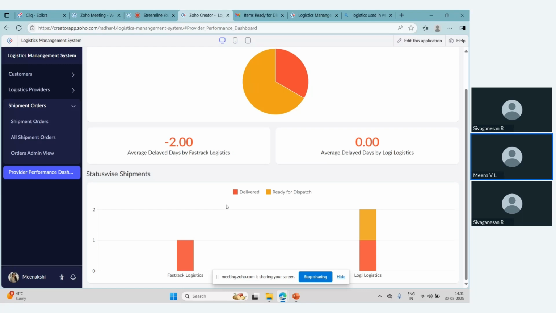So these are the capabilities of Zoho Creator, what you can do using Zoho Creator, and you can do more than this as well. This is a simple use case that we have taken to let you understand what Zoho Creator can do, and there is more that can be done using it. So please feel free to ask us any questions that you have. You can post them in the chat. We'll be happy to answer.